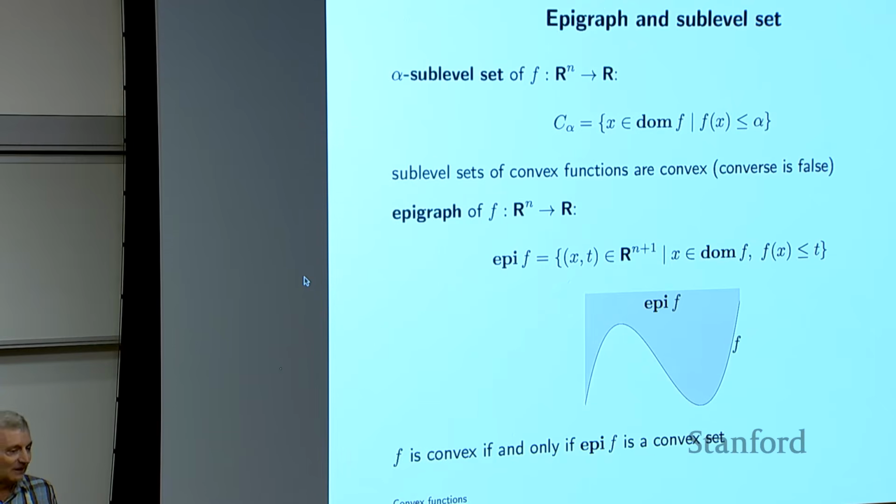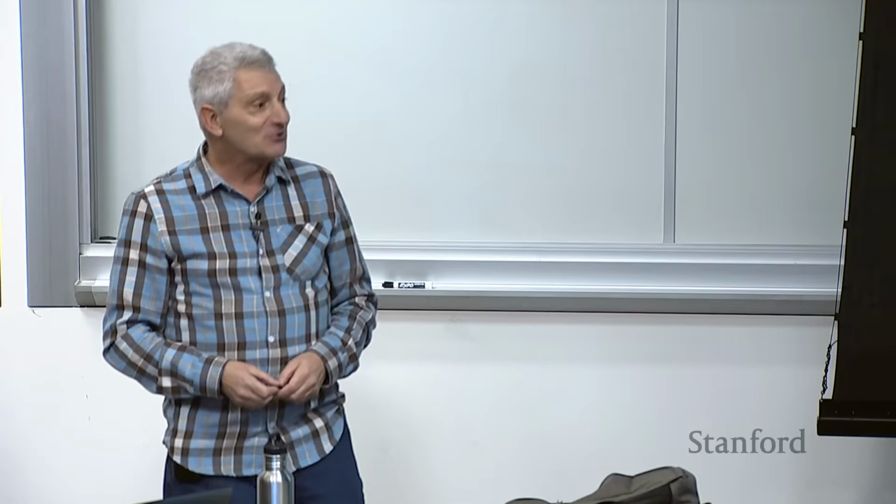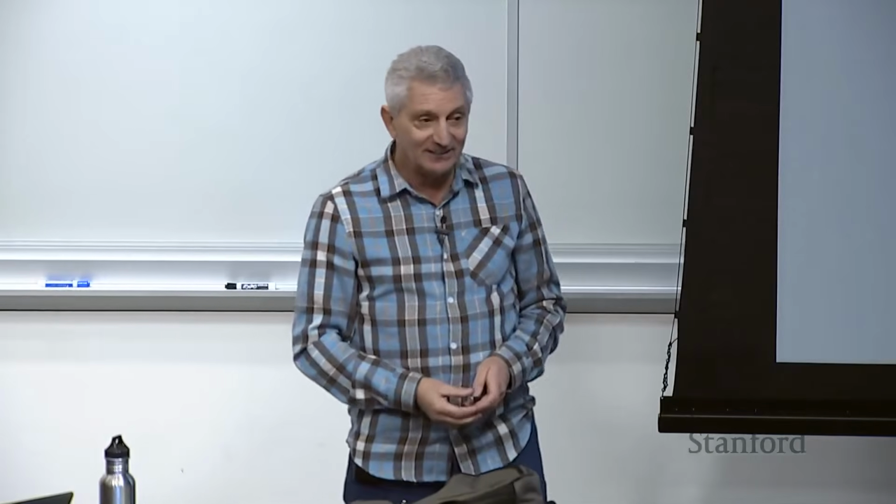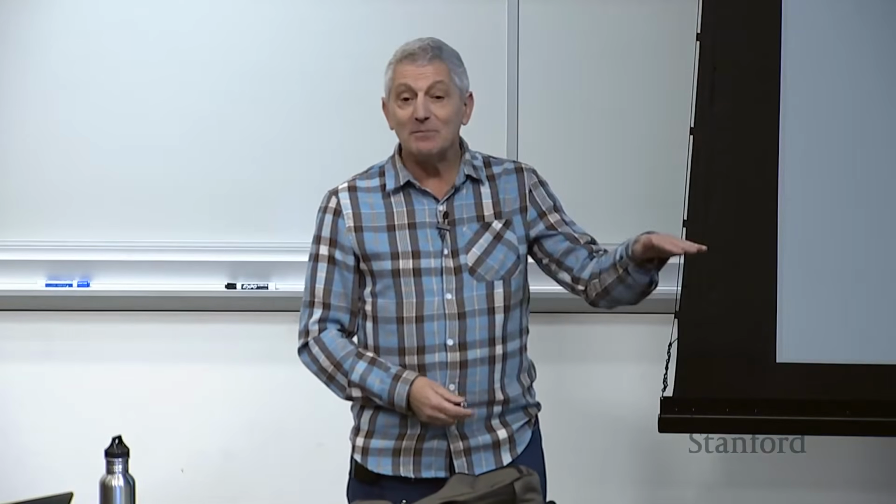Everybody cool? Okay. But then I could look at the sub-level sets of the negative log likelihood, or if you like, the super level sets of the log likelihood. Okay? So again, if you're trained in statistics or probability, if you know what I'm doing, that's fine. Those are actually super interesting things, right? Those are the sets of parameters for which your log likelihood exceeds some minimum value. And if that's near the top, right? So you would get something like this, right?